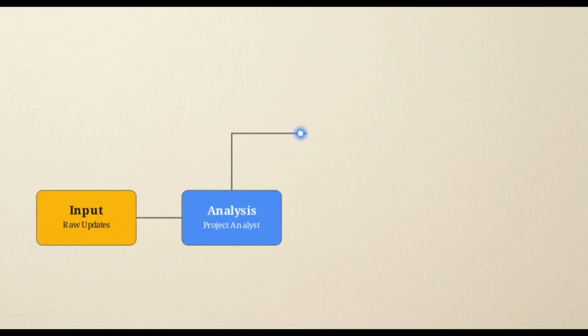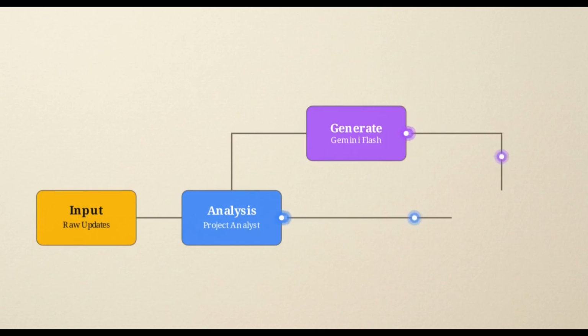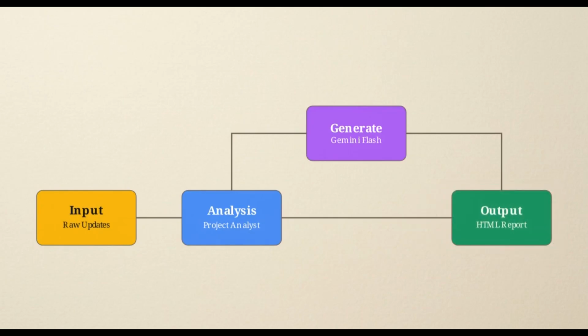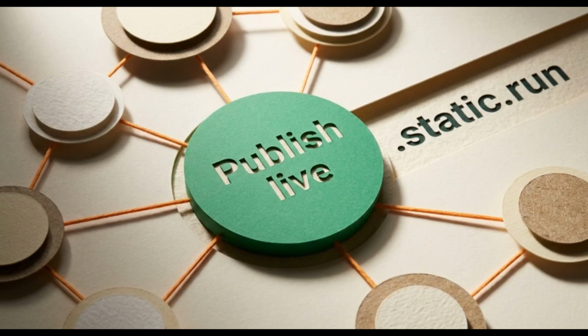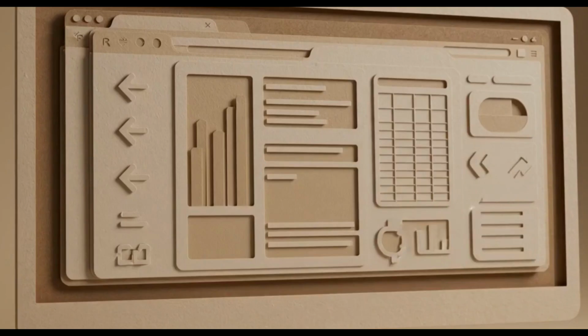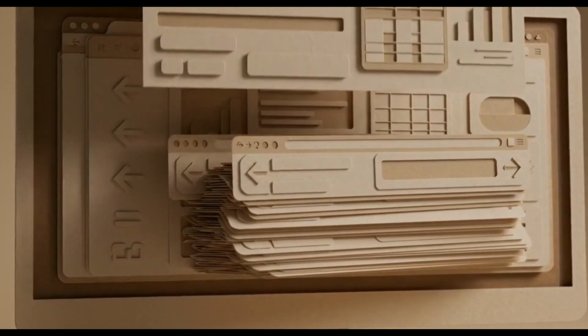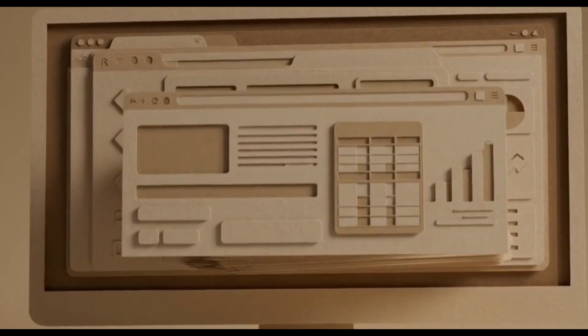Next, the data moves into a generate node, powered by Google's Gemini Flash model, which synthesizes the parsed information into strategic insights. Opal is smart enough to grab the outputs from both the analysis and insight nodes, chaining them together for the final stage. For the result, it generates a structured HTML web page containing the complete status update. You can take this HTML file and host it on a site like static.run, allowing you to automate your team's reporting communications instantly.